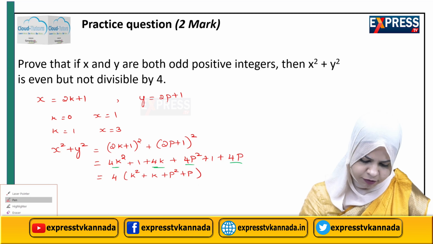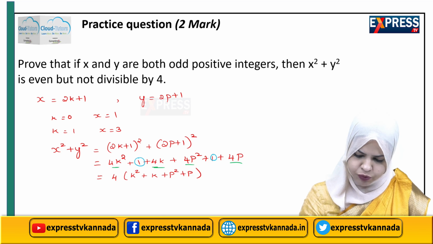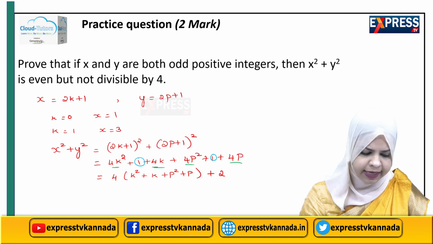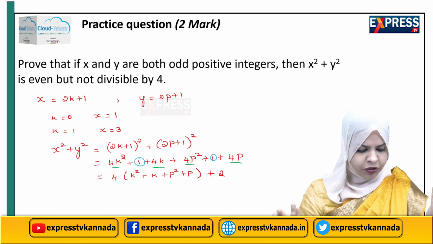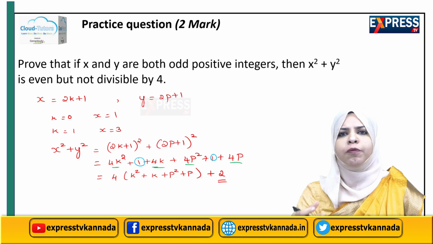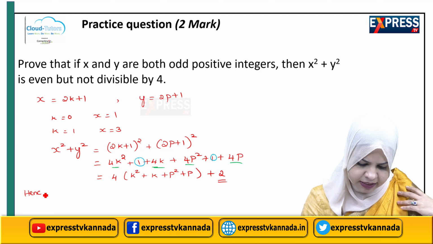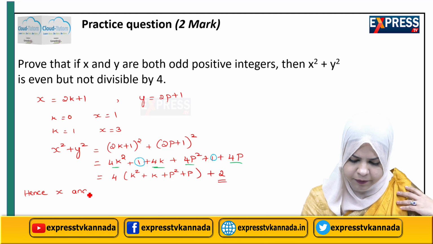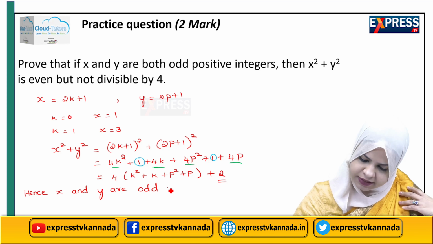Then I have two other numbers. Observe here, 1 and 1, which add up to 2. So plus 2. It is very clear that I'm having a number 2, which is being added to this expression. Therefore definitely it cannot be divisible by 4. So hence I can write in statement form, x and y are odd positive integers,